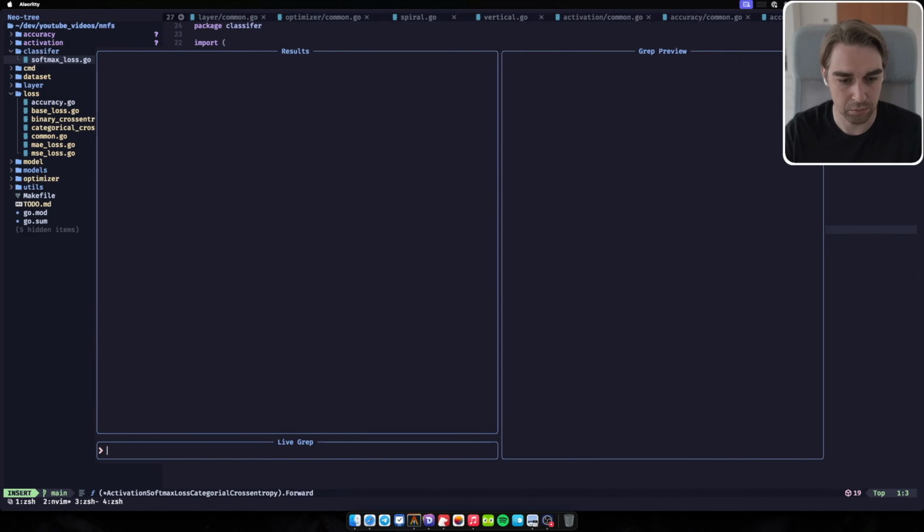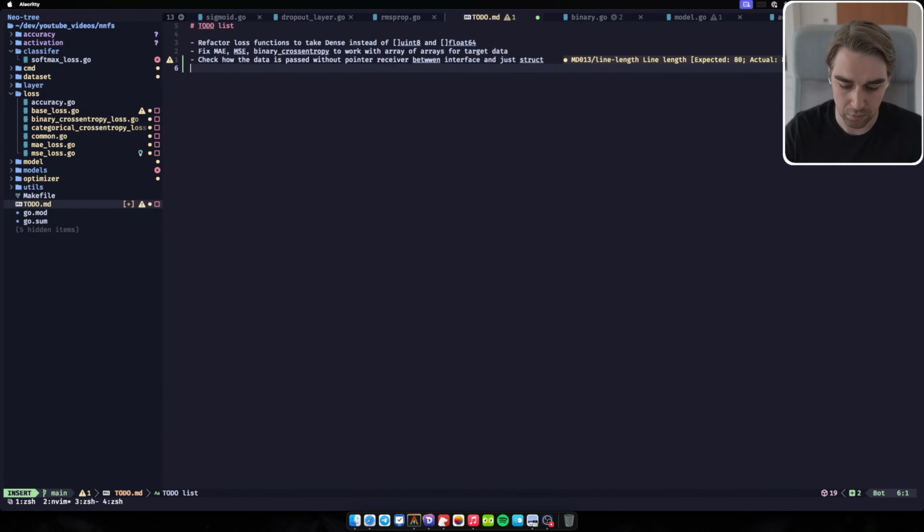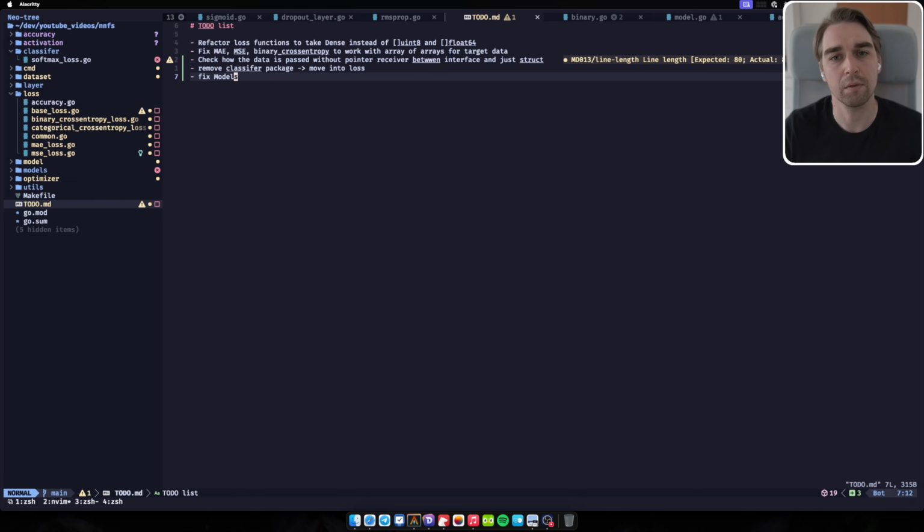Yeah, actually, sudo fix. Okay, remove classifier package, move into loss, and another thing is fix models. Okay, I still have a lot to do,